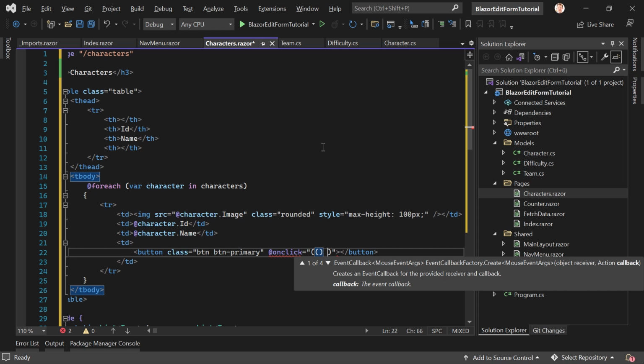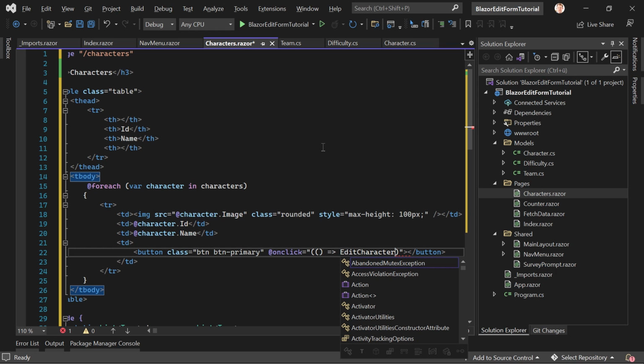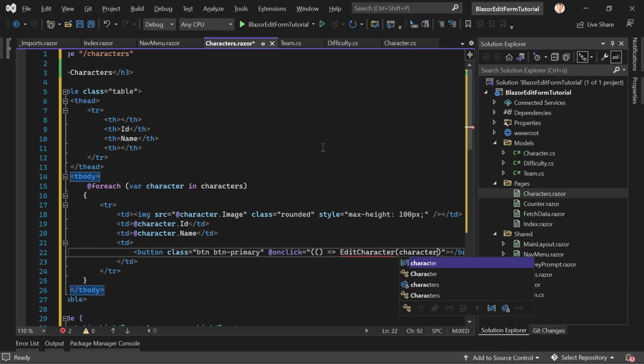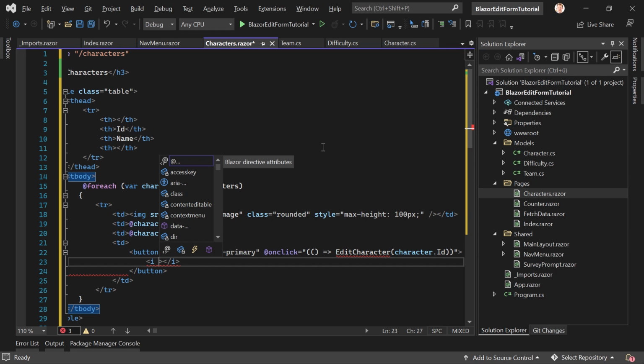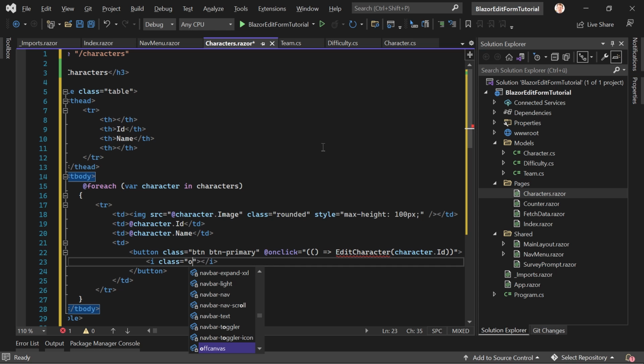So we need the ID, so that's why we use this statement here, and we will call this function edit character with the character ID, and then we add an icon here with the class OI for open iconic, and they've got this cute pencil icon, and this should be it